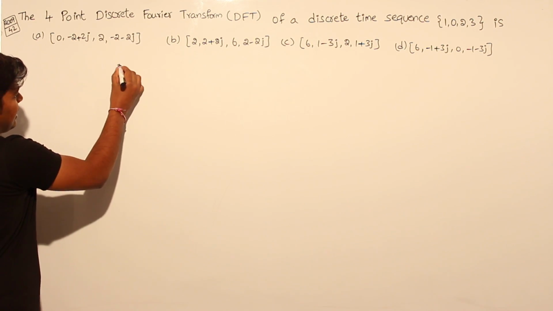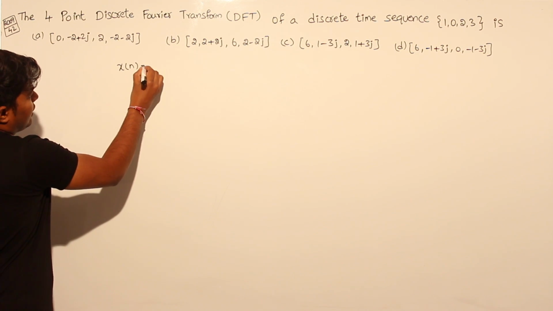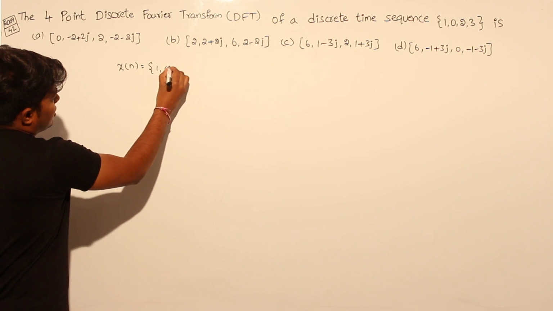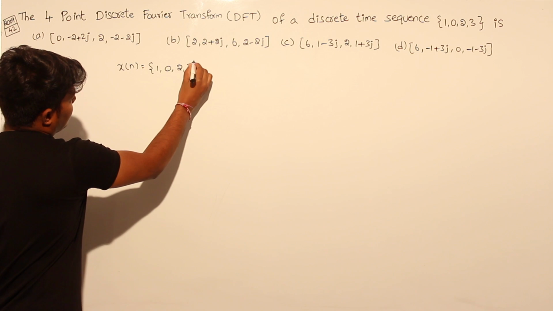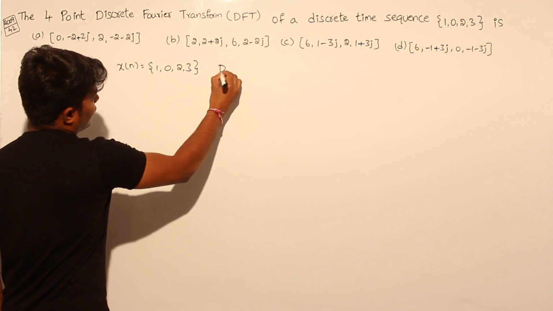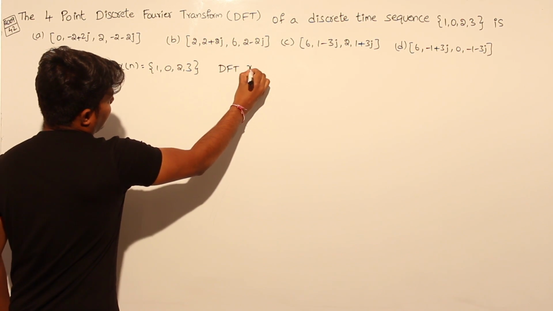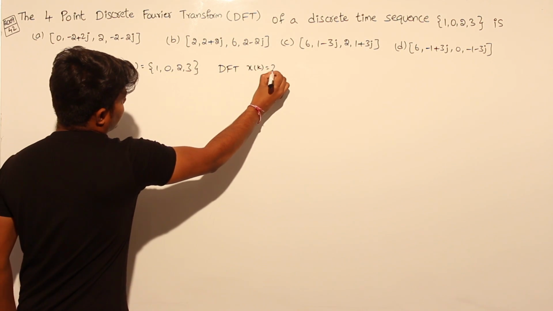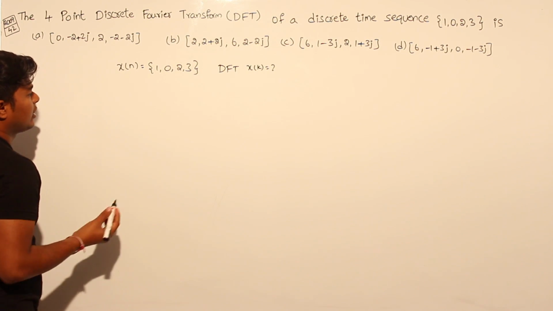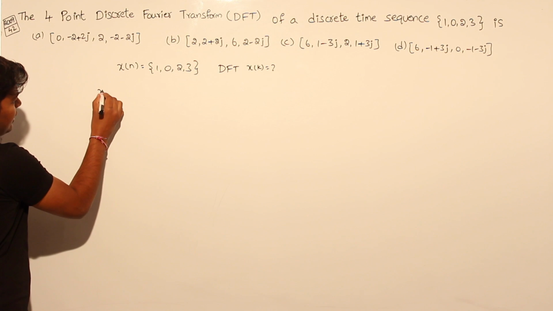So given, take x of n as this. X of n is equal to 1, 0, 2, 3. They're asking for the DFT x of k. DFT x of k is equal to question mark. That one we need to find. Okay. Now write down x of k as